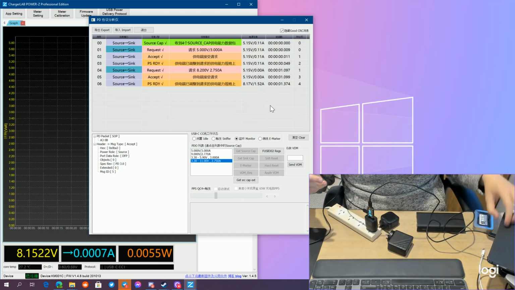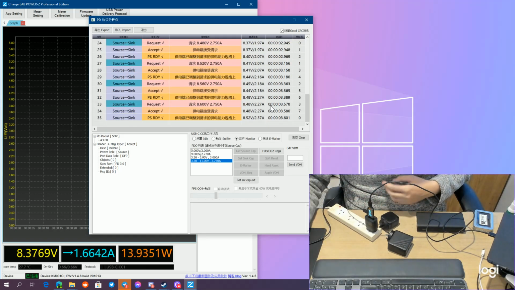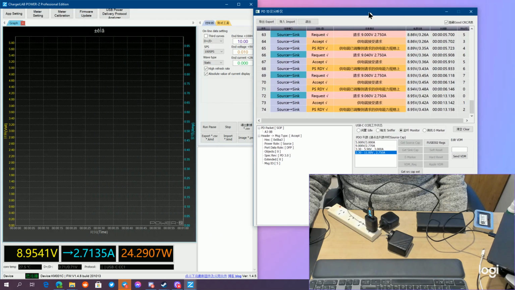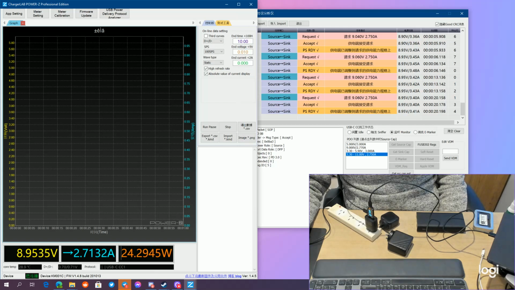But if I plug in the tablet through this now in Sniffer Mode, we can see the tablet actually does use PPS to charge, and you can see it's requesting various voltages, and now it's settled on 9.06 volts at 2.75 amps. On this side, we can see the actual power readings here, and I can also